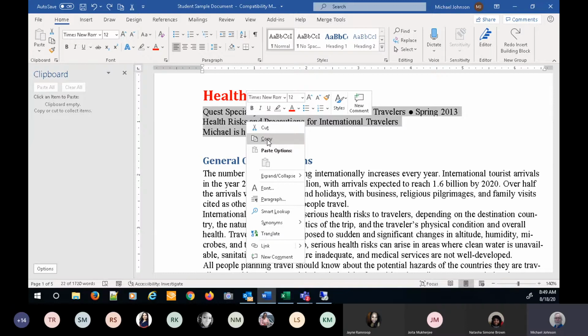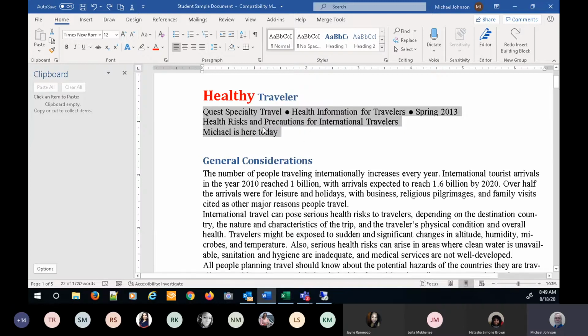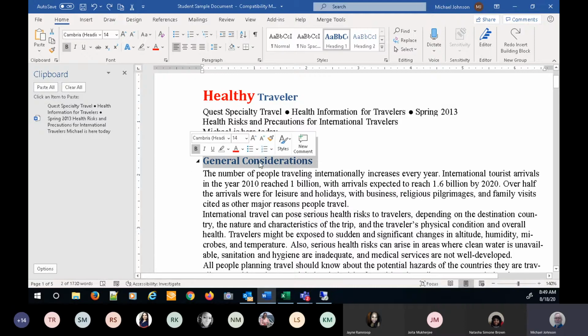So if I hold down Control, and let me just do that. Right now I've selected something, so anything that has been selected, I can do something with it. So Control, and then I'm going to just click on C as in cat. And you'll notice right off the bat, right on the left-hand side, you now have a section of what I've copied. And if I copy something else, and I'm just going to take this heading, for instance,